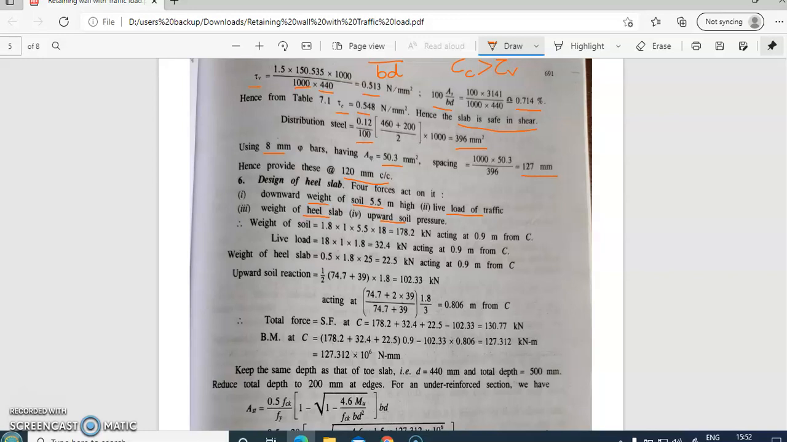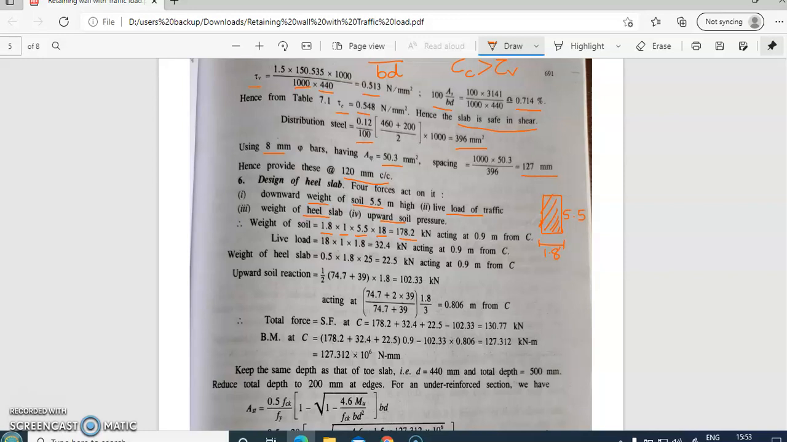We know that the width of the heel slab is 1.8 meters. We are calculating this for 1 meter length. Height is 5.5 and the density of the soil is 18 kilonewton per meter cube. So it is a simple rectangle. This is 1.8 meters. The height is 5.5. So the weight of this soil which is retained by the retaining wall is 178.2 kilonewton, and we